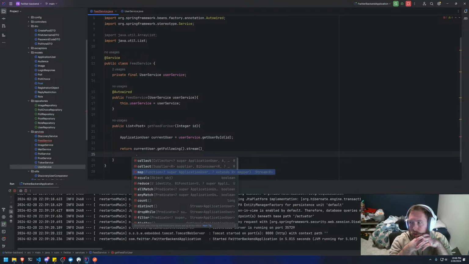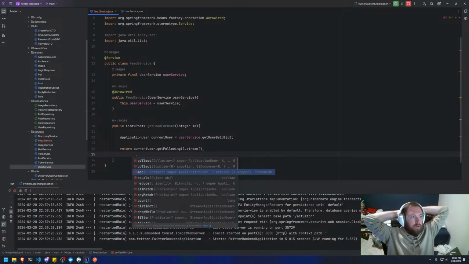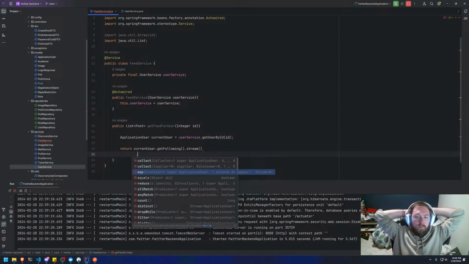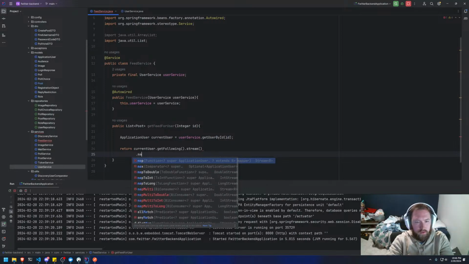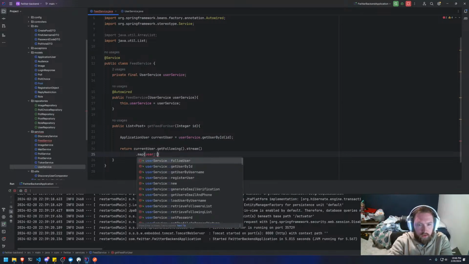But we probably need a whole list for that anyway. So I'm trying to think here. So maybe it won't matter right now. Maybe let's just make a whole list, I guess. So we want to map. And let's say, this is currently an application user. So we can say user : I